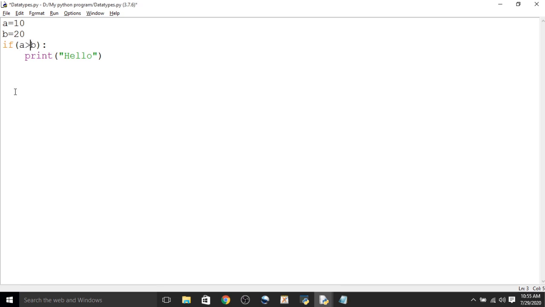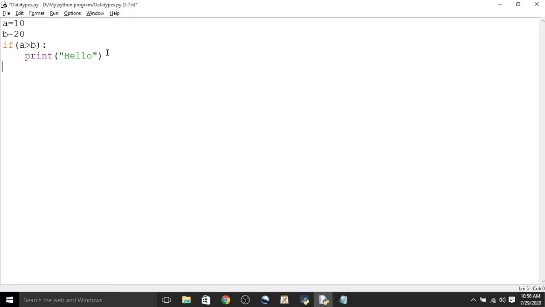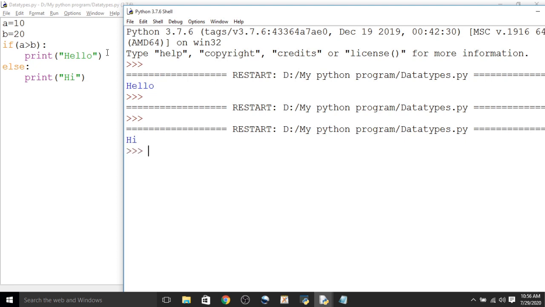If you write if a greater than b and execute that, you don't get any output. Suppose you write print hello, hi inside the else part, then the else part will be executed. If the condition is false, the else part will be executed.